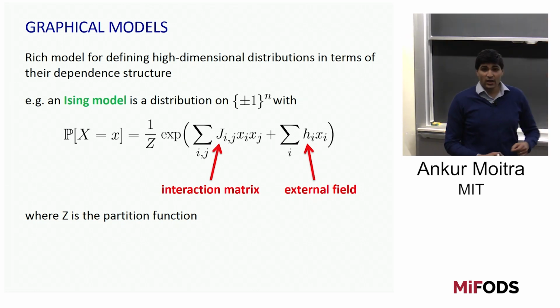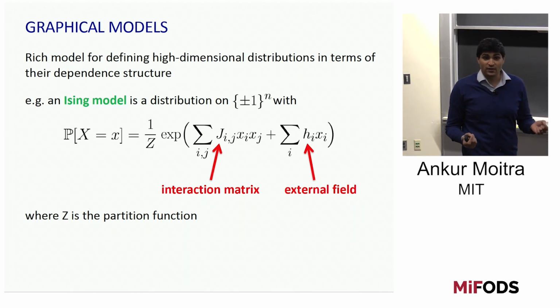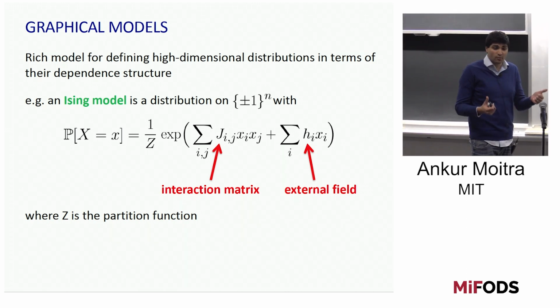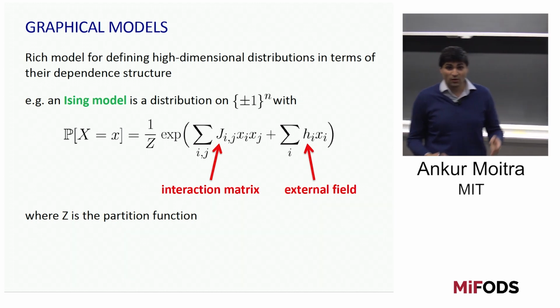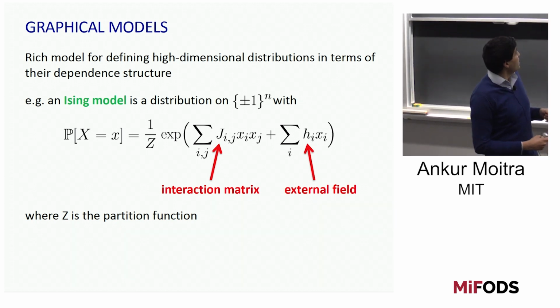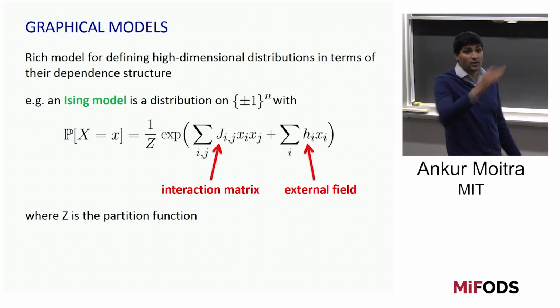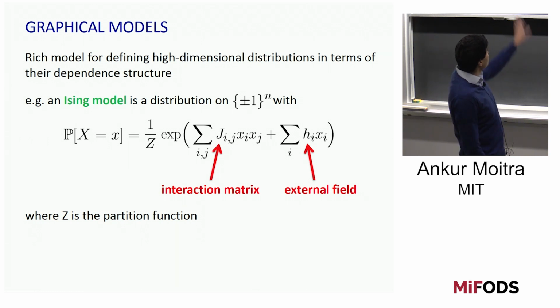And this matrix J will be symmetric throughout this talk. It describes the pairwise interactions. When there's an entry which is really positive, it means that those two variables are likely to take on the same value, either plus 1 or minus 1 together. If they have a really negative value, it means that they're likely to take on opposite signs. And if it's 0, it means they don't directly influence each other, although there can be many indirect relationships along the way. As usual, Z is the partition function,